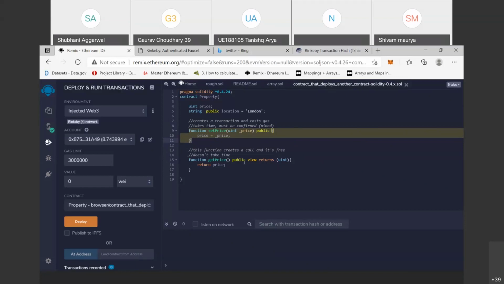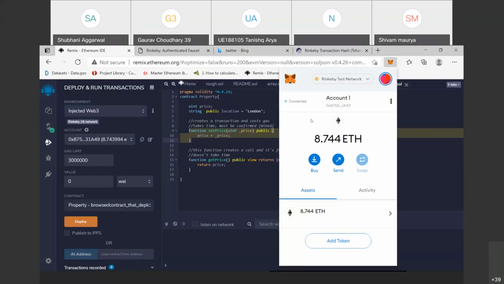Okay, so how it works: just click on Injected Web3. Before you deploy this smart contract, make sure that your MetaMask is open. Yes, our MetaMask is open and connected with account number 1. You can check now: 0x8759.